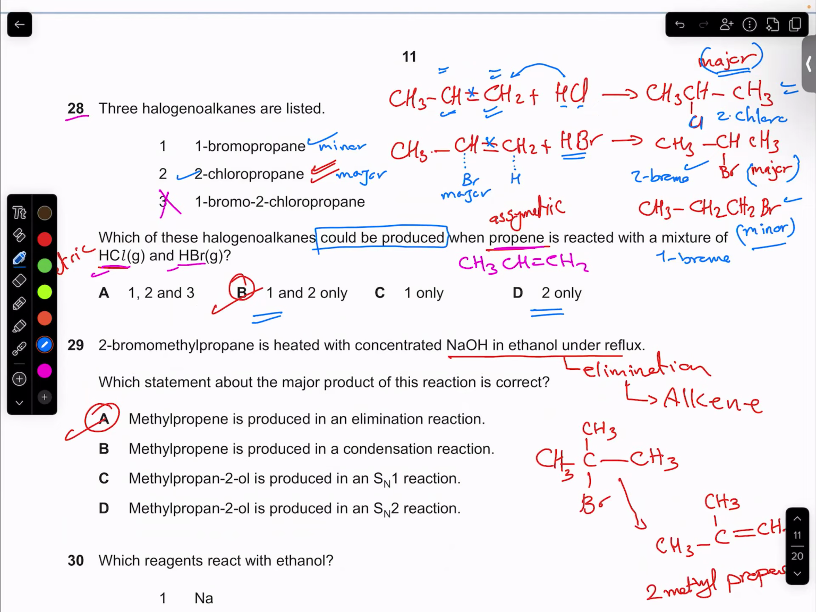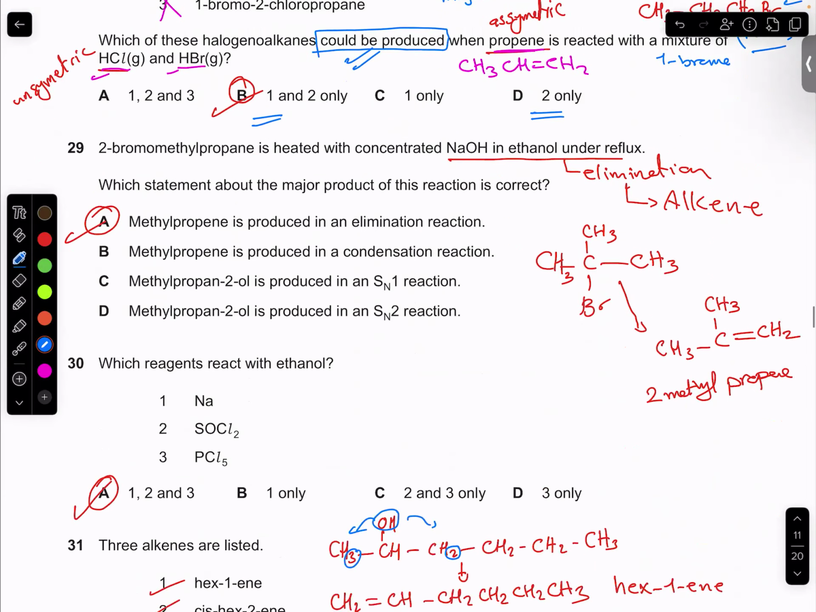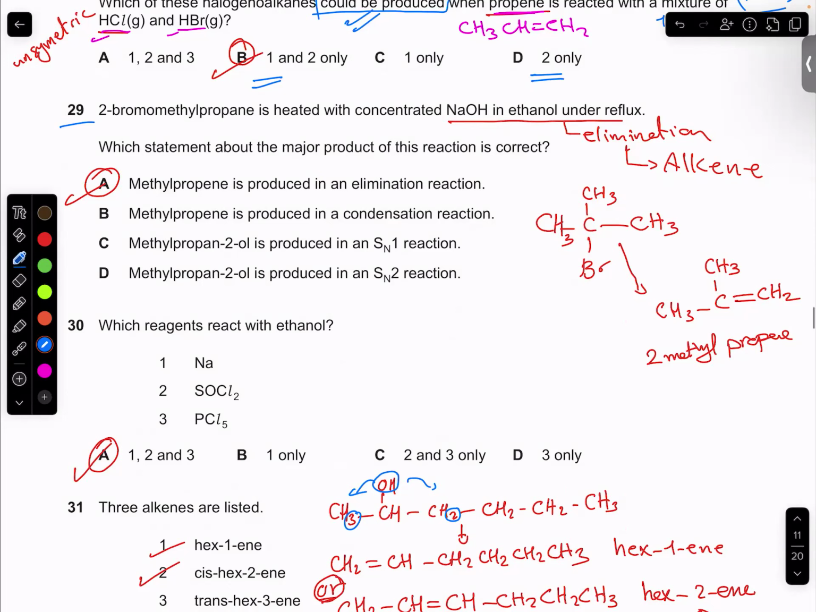Which one of them do you choose? The answer is in the question itself, because he said could be produced. Could be produced, I mean the probabilities, I mean write the whole probabilities. So this one is one of the probabilities, even if it was minor. And the second one is one of the probabilities, even if of course this one is the major one. So the answer is B. Question number 29, 2-bromo